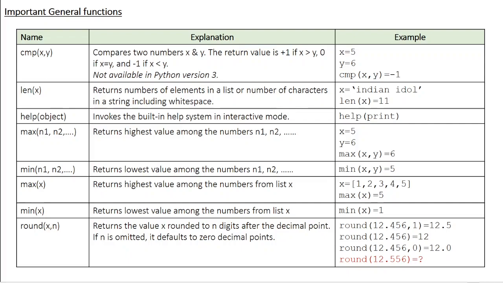There are also a set of functions which are known as the general functions. These are part of the Python library. So whenever you open the Python platform, by default, these functions are loaded onto the Python. You don't have to separately load any module for using these functions. Some of the important general functions are